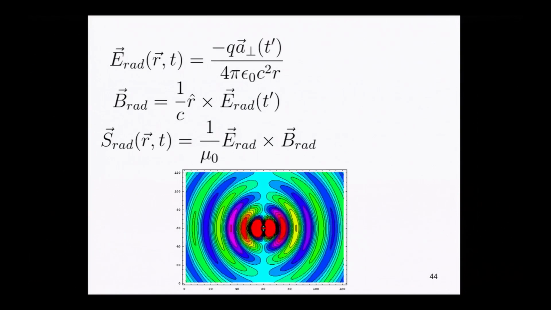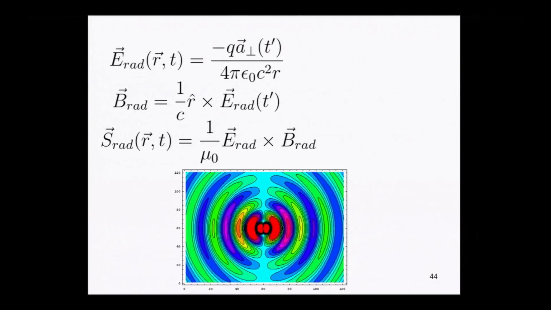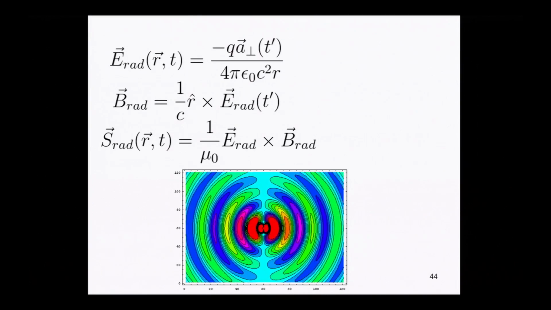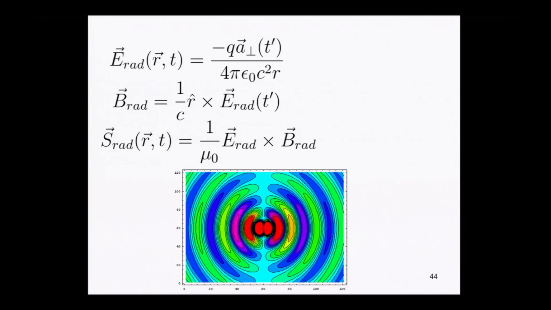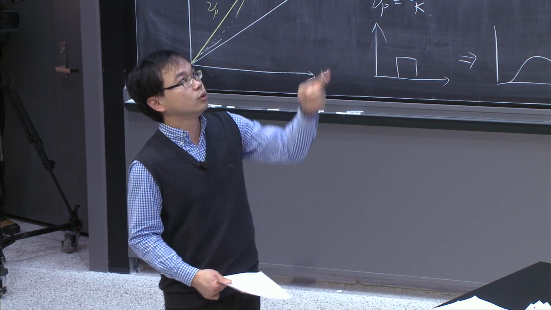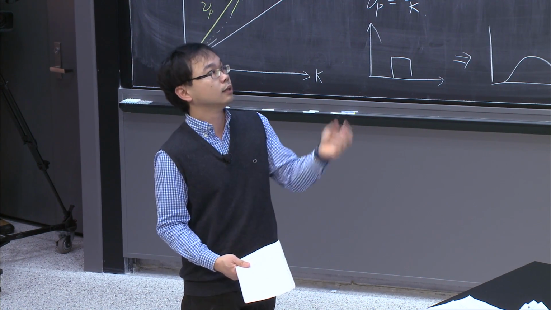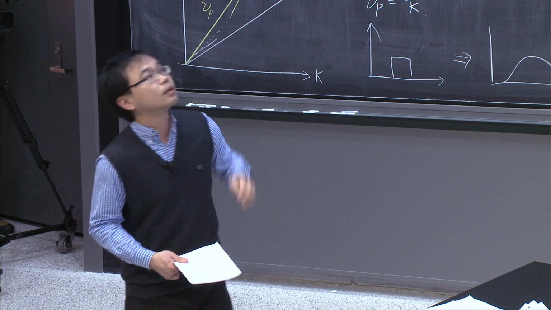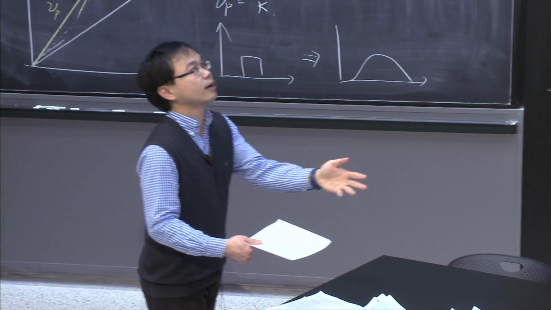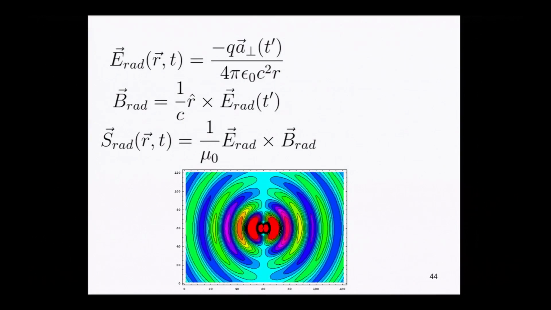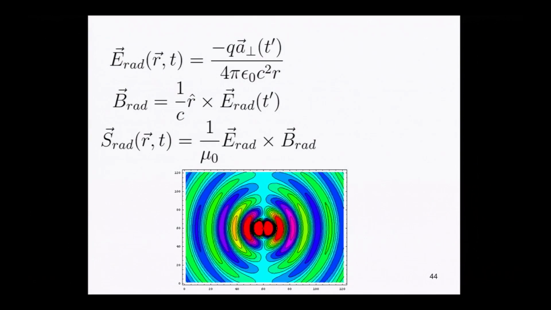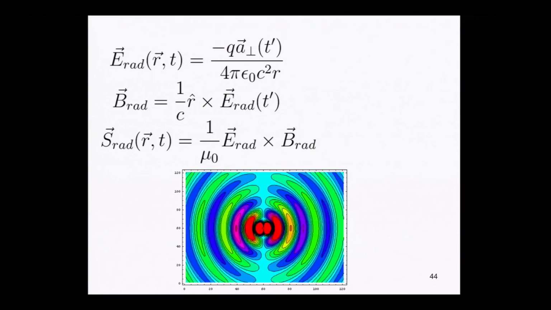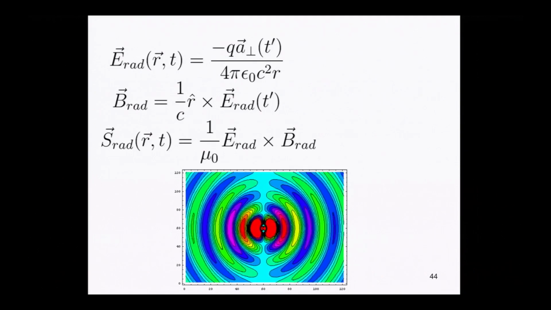The radiated electric field is equal to minus, very important, there's a minus sign in front of it, which is a common mistake to drop. And the Q is the charge of the accelerated charge, right? It is proportional to the charge. If the particle is more charged, then you have more radiation. A perp is the acceleration projected